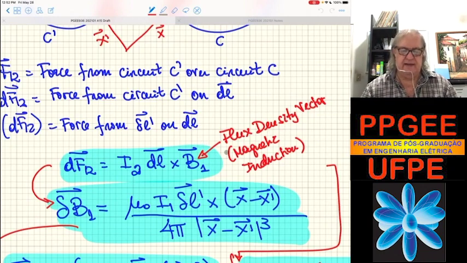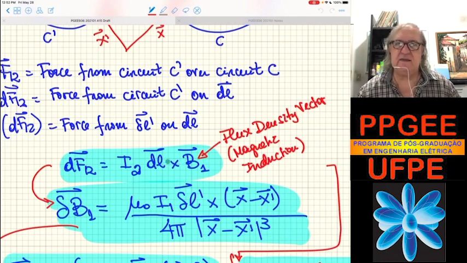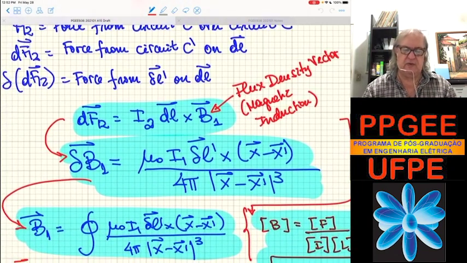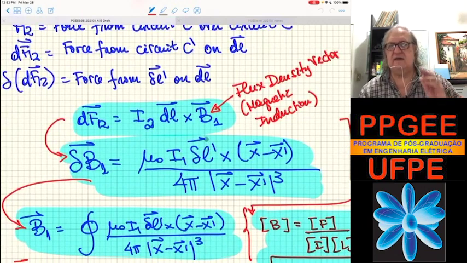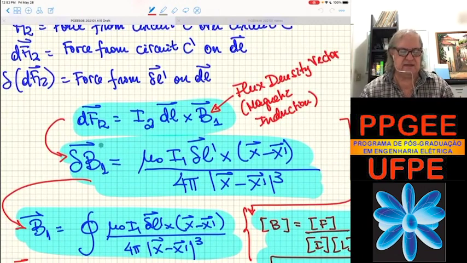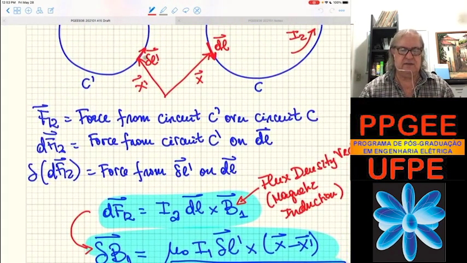And so we see that the force has a cross product between the dL and B. So the force is at 90 degrees with the direction of the dL and the direction of B1. What is B1? Well, B1, after several experiments and formulations, was arrived at with this expression. The field due to the element delta L prime,